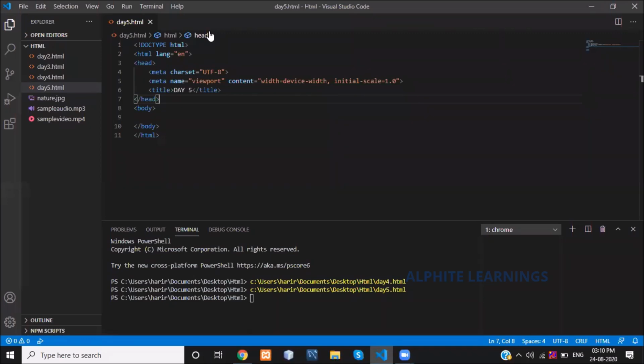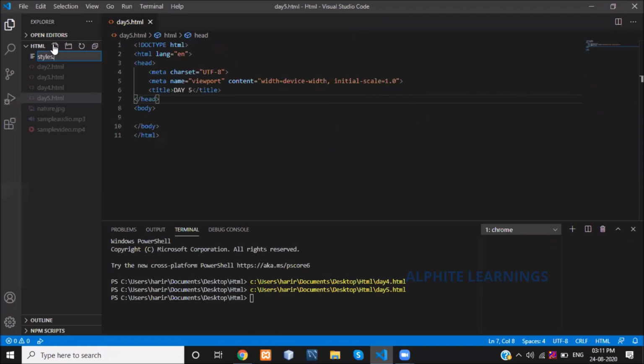What is the use of this external CSS? Why do I want to create a separate file? What is the need of that? We will discuss that further. First, I said we have to create a separate CSS file. For that I have created an HTML folder, right? Inside the HTML folder itself, I'm going to create a separate file. I am naming my file styles dot, and what will be the format?